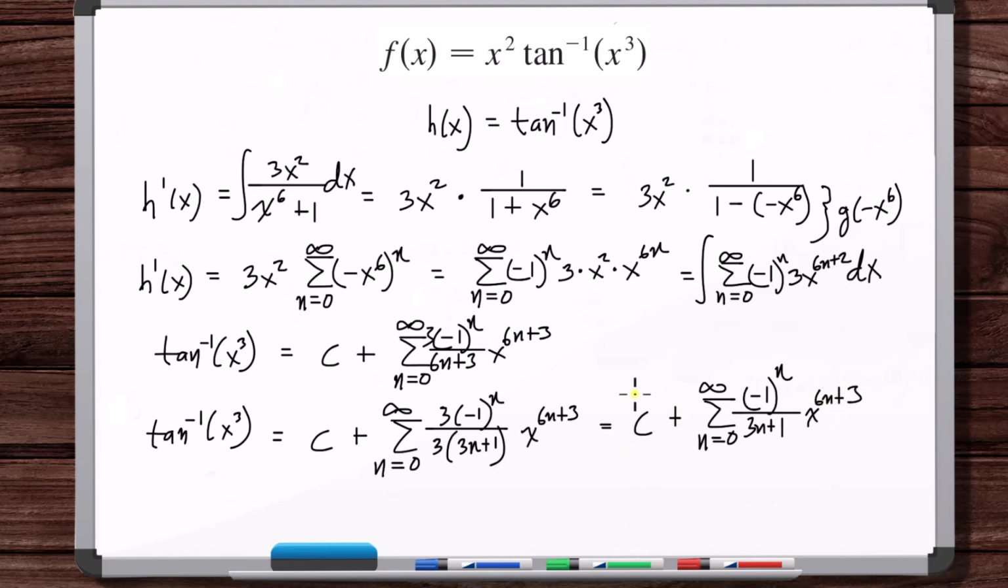Okay, so now we want to get c. Let's set x equal to 0. Arctangent of 0 is 0. And if we look here, when n is equal to 0, do we have just a constant term with no x? No, there's always an x in every term. So all of this goes to 0 when x is equal to 0. So c is equal to 0. Therefore, arctangent of x cubed